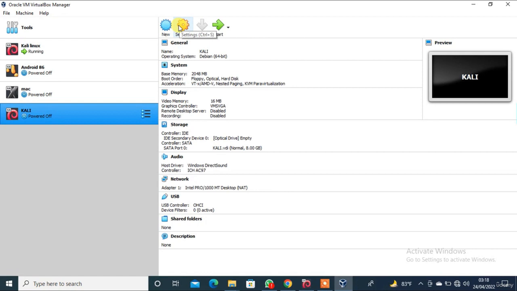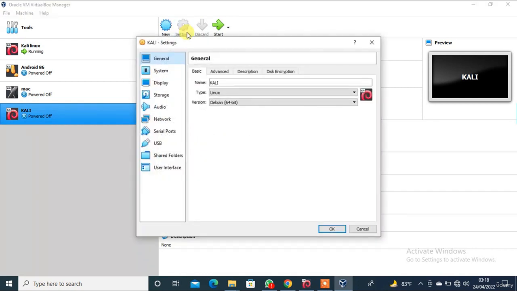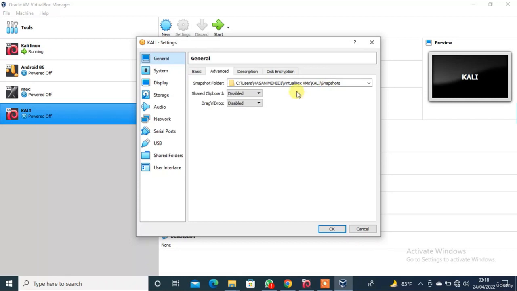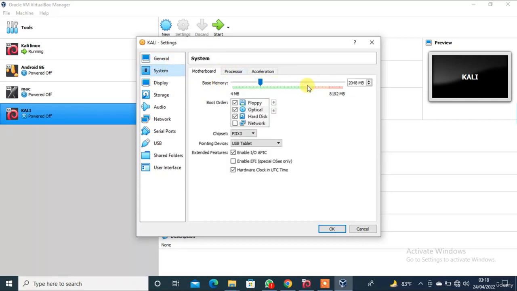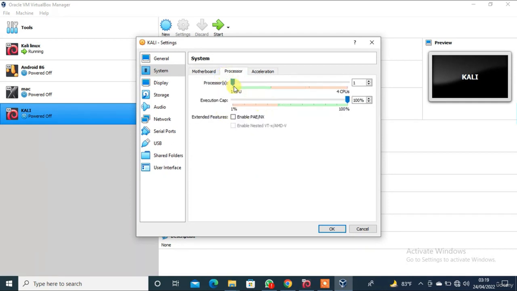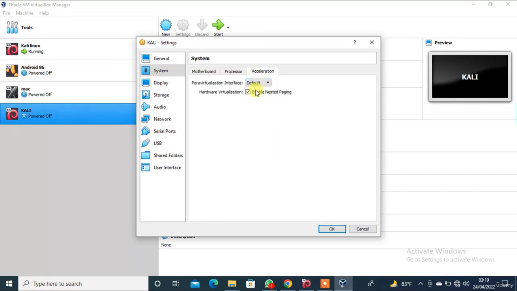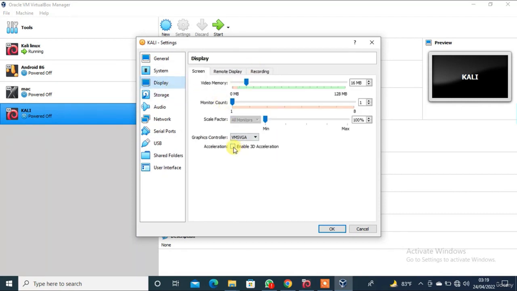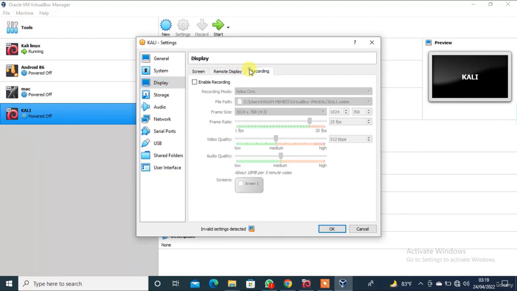I already have a Kali Linux installed before, so we have to configure some basic settings. Just check the network, and optical is the first option in the boot order box. And processor, I take 2 processors and enable extended features. And display, just click the box and VGA. This is just check enable